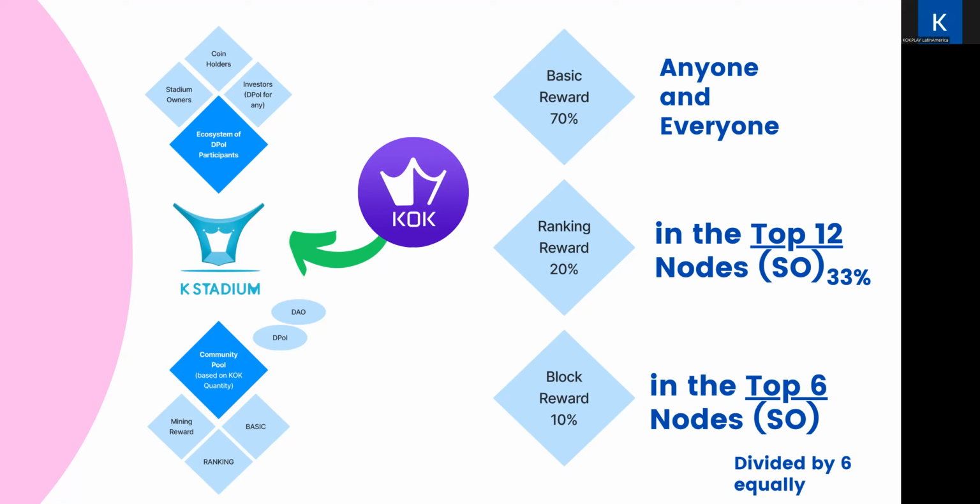Good. So when you change the KOK into SOP, it's a governance token. And this is where the DPoS becomes a DPoI. You make it into investment value, stadium owner power, SOP. And once the KOK becomes SOP, that SOP can never become KOK again. Never. So in that moment, the KOK token is taken out of circulation, right? Correct, absolutely out of circulation.